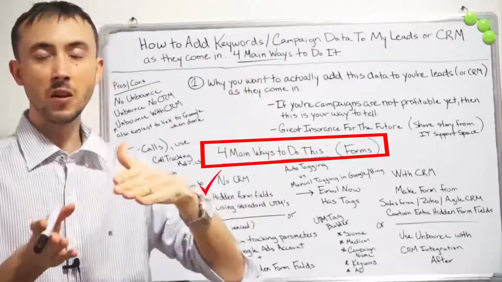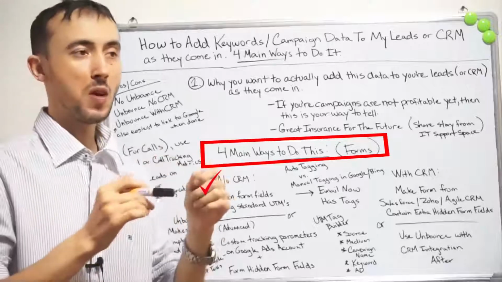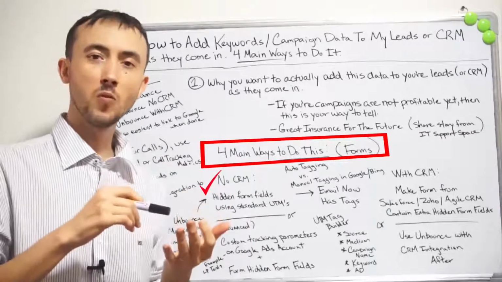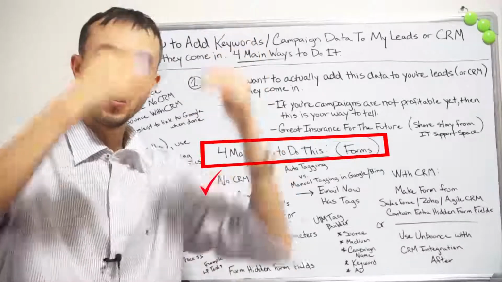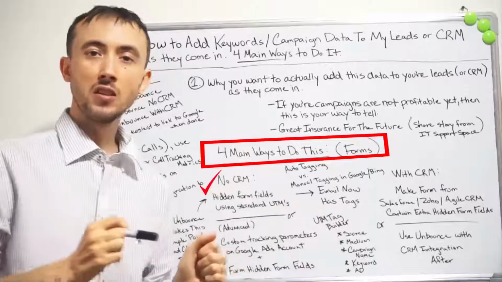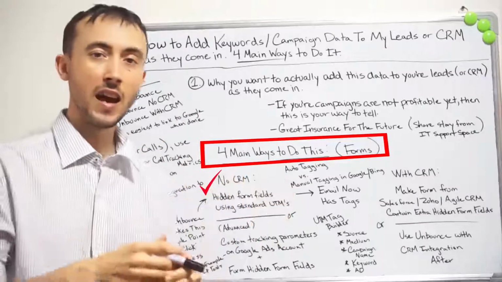If your form is set up with these hidden form fields to extract the keyword, the campaign name, and so on, it is going to pull it from the customized destination URL that Google takes your user to after they click on your ad